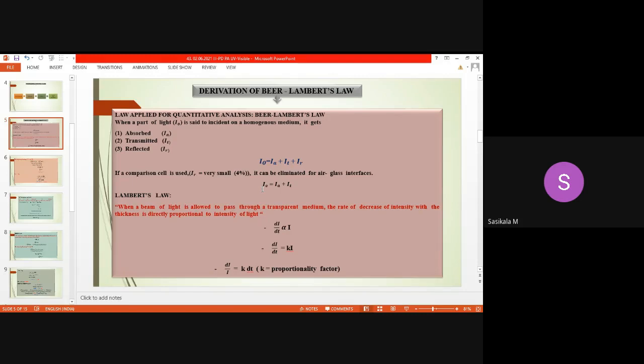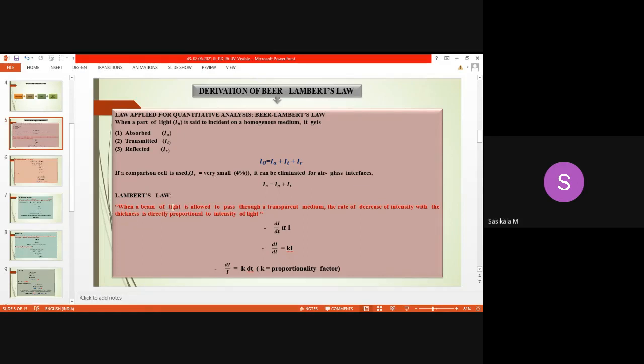After light is passed into the sample, based on the absorbing species concentration, the light is getting absorbed and the remaining light is transmitted from the cuvette. This transmitted light will go to the detector, and the detector will detect how much absorbance has taken place and how much is transmitted. Transmittance is expressed in percentage, whereas absorbance does not have any unit. So now let's move on to Lambert's law.